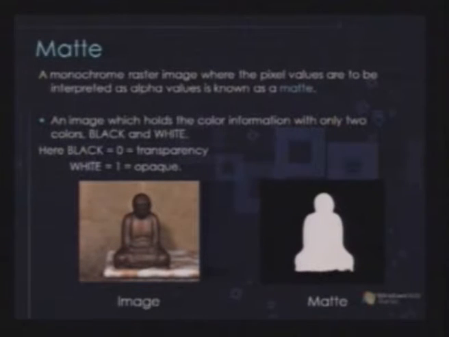But again, when we are talking about a matte, in this particular kind of raster image, we don't have any color values. We just have one piece of information which has alpha properties. It is alpha, which holds the value of either 0 or 1. Now where did it actually come from? If you understand the binary language of the computer, the bit based language, it has only two values, either 0 or 1. Now 0 means no for the computer and 1 means yes for the computer.